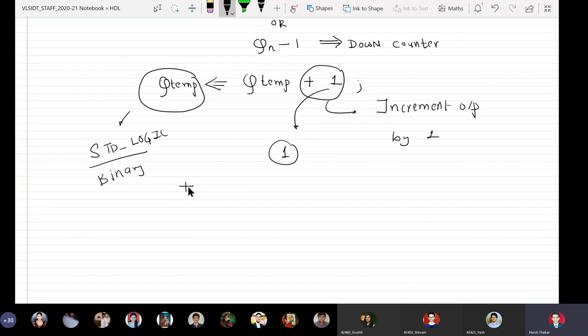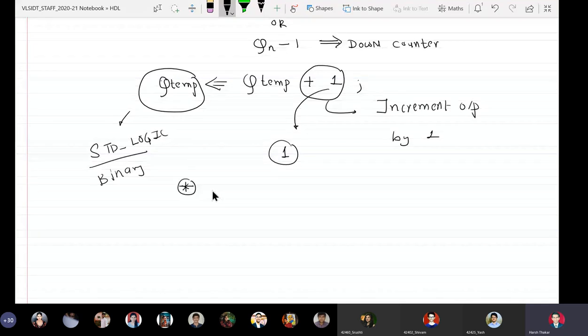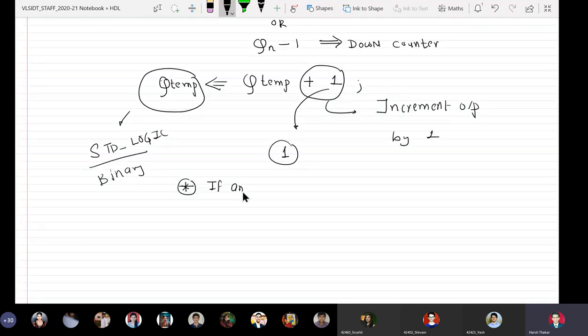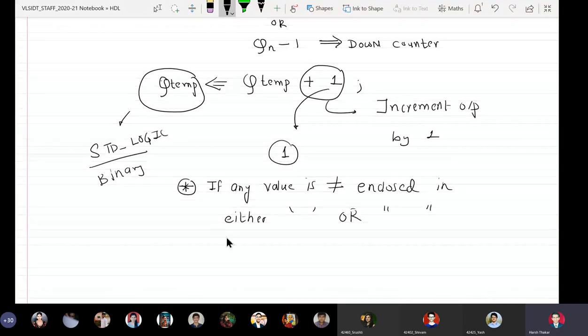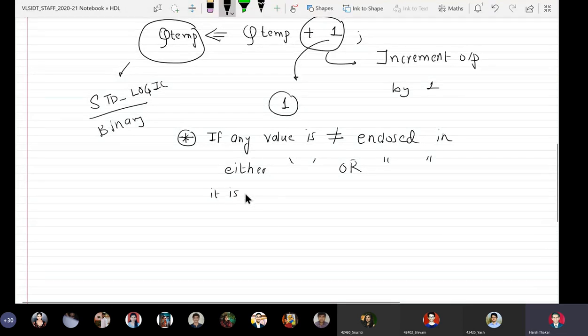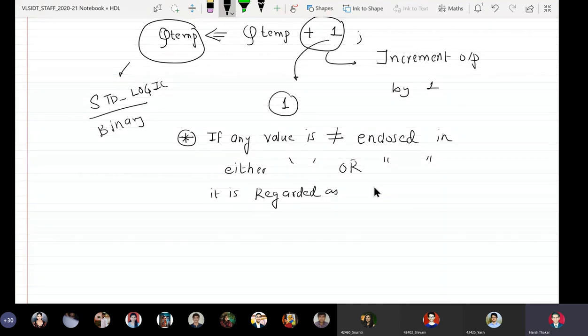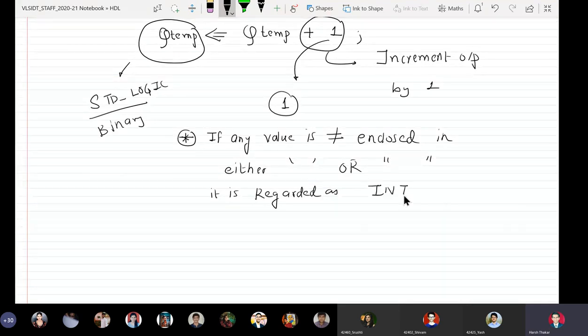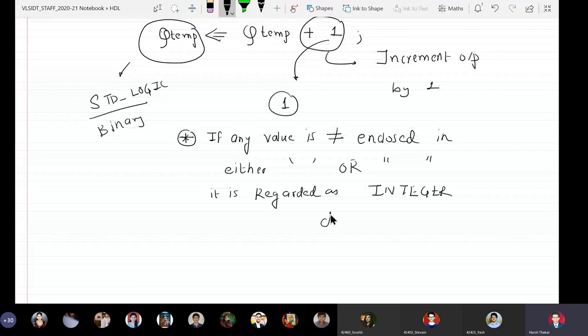So the rule is that if any value is not enclosed in either single quotes or double quotes, it is regarded as integer data type.